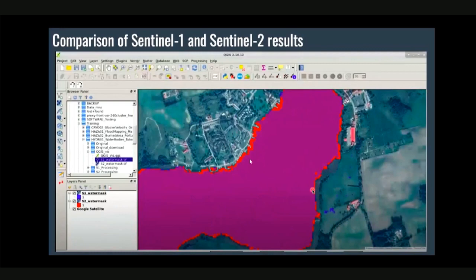That is because Sentinel-2 has higher resolution. So this is the difference between Sentinel-1 and Sentinel-2. But in my case, I would consider Sentinel-1 because it can identify even smaller parts of water bodies. However, if you want to use the optical ones,